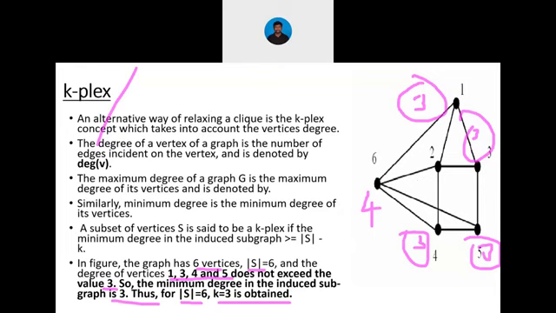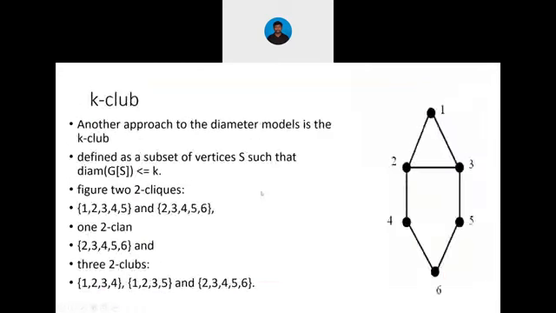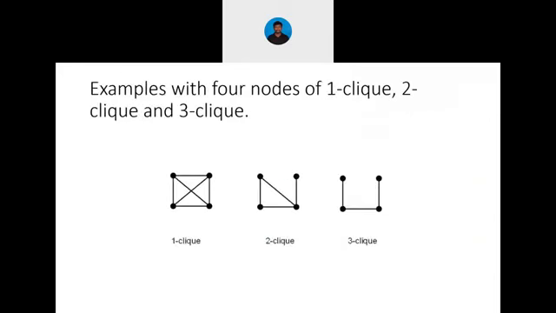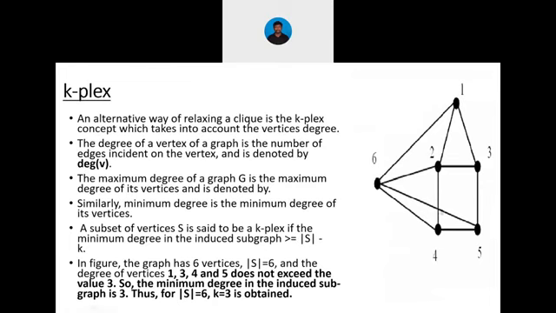You try this in your own practical experience. You draw this figure, this graph, and you derive all the K-plexes. How to calculate the K-plex, how to calculate a subgraph, with the help of K-plex terminologies, with the help of K-club, K-clan, K-clique, everything. You consider this last graph. You try to find how many 2-cliques can be formed, how many 1-cliques, how many 3-cliques, how many maximum cliques can be formed with the help of this figure. You can do it on your own.